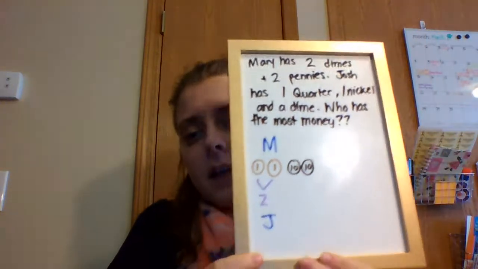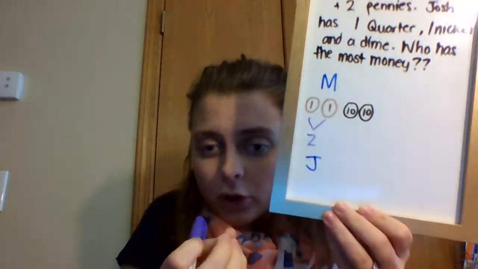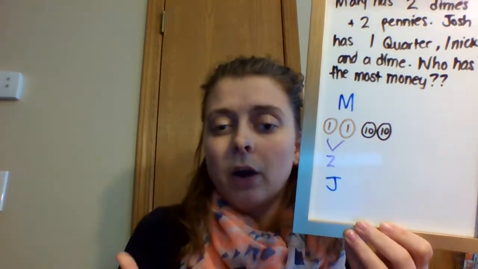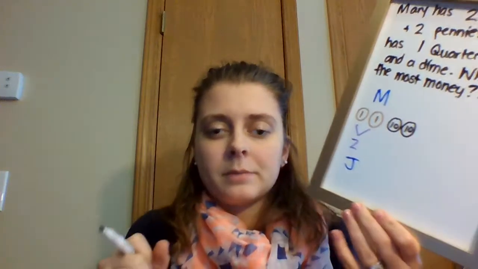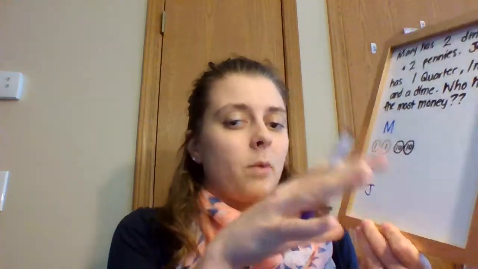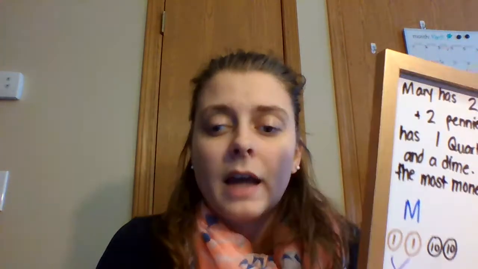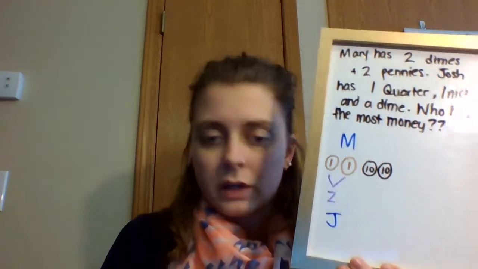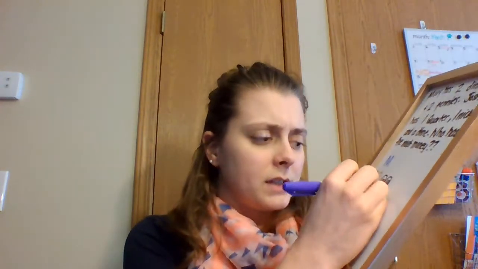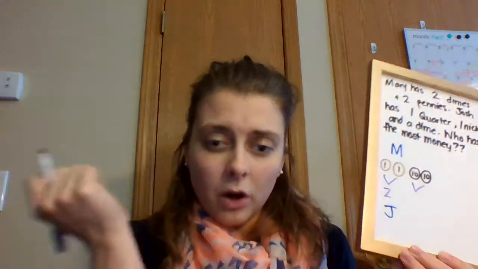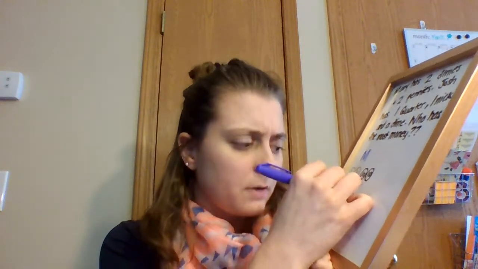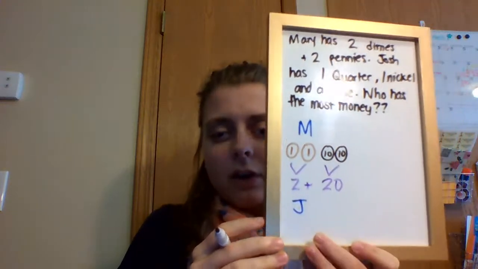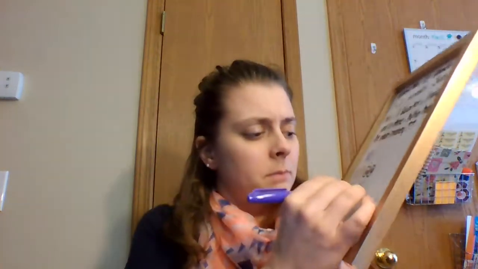Now, it is easier to group your coins into easy to count. So group, count all the pennies together, count all the dimes, etc. Or group them into easy to count numbers. So 1 and 1 is very easy. Our next one, 10 and 10, we know what 10 plus 10 is. It's 20. So then we can just add these together. 20 plus 2 is